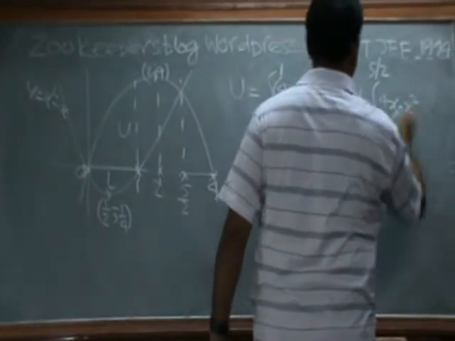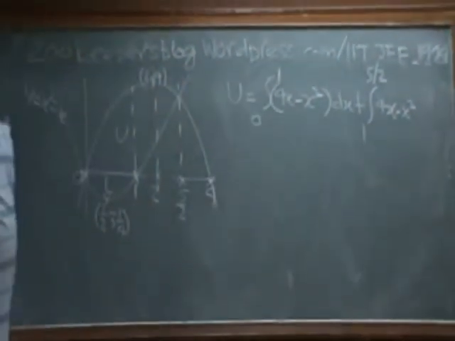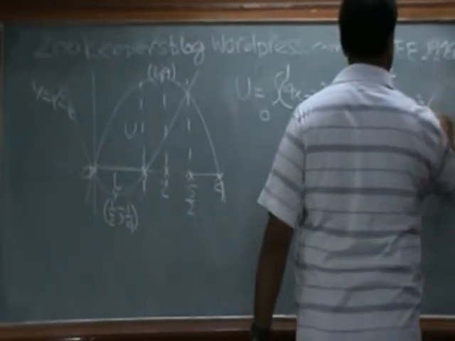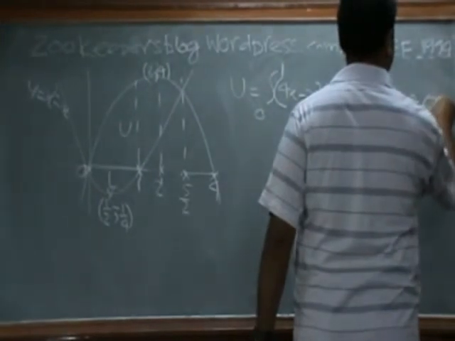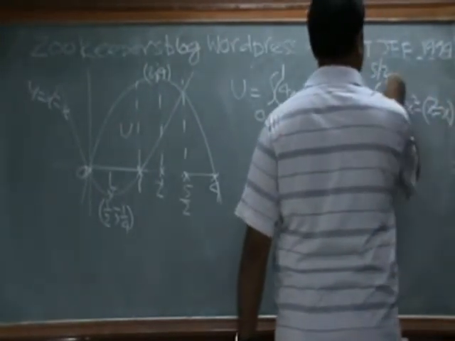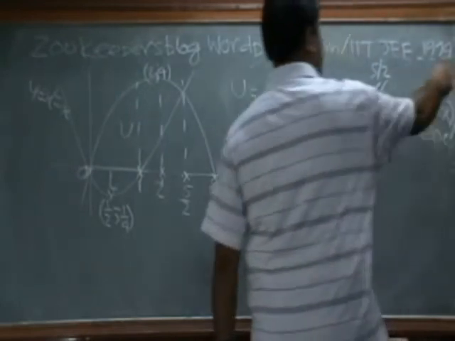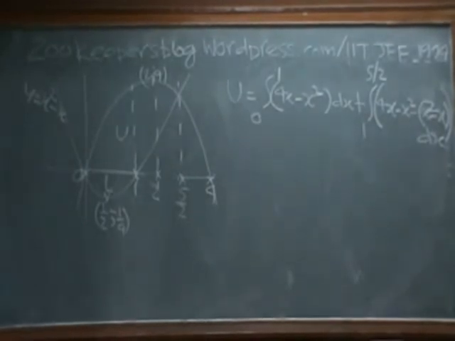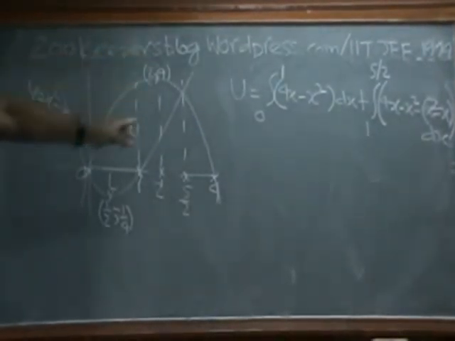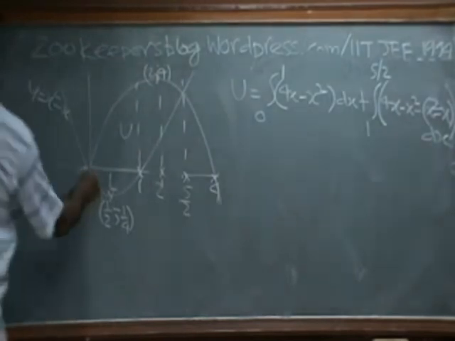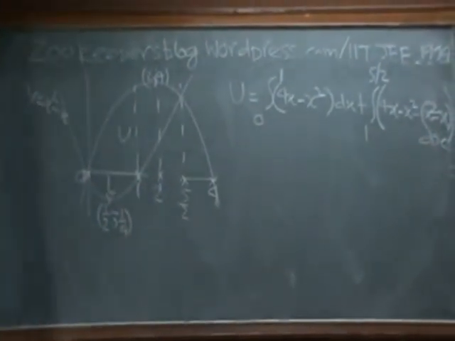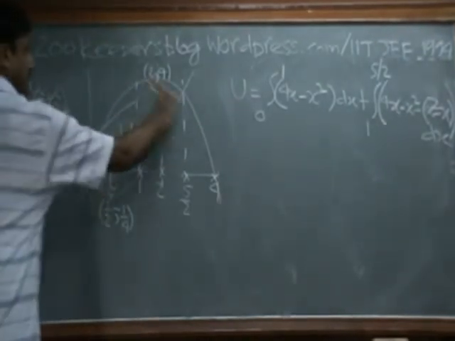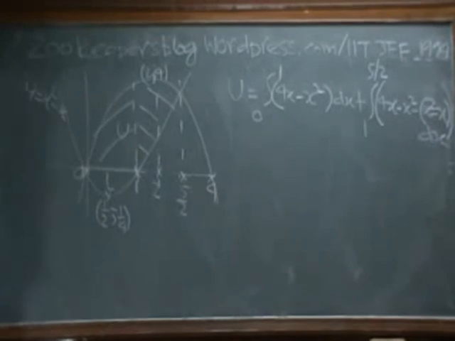4x minus x square minus, this was written, minus brackets x square minus x, this whole thing dx. I couldn't get space, so I wrote 4x minus x square minus of x square minus x whole. So again we are splitting it. We are not directly writing from 0 to 5 by 2. We are writing it in two parts. So this part plus this part. Just see this and this. We wrote it in two parts.